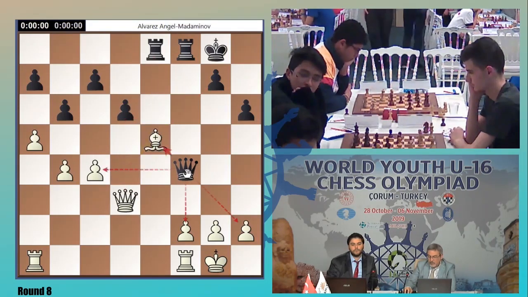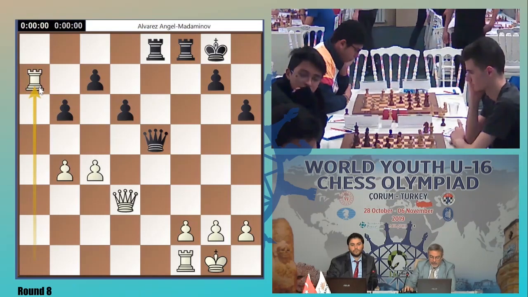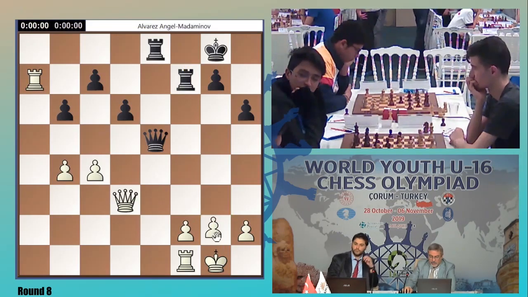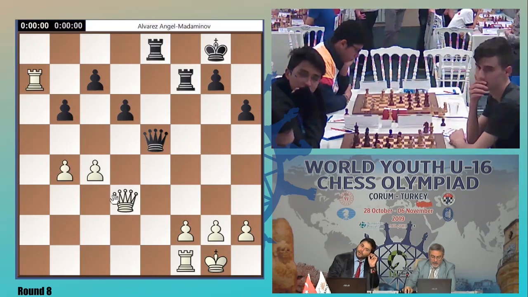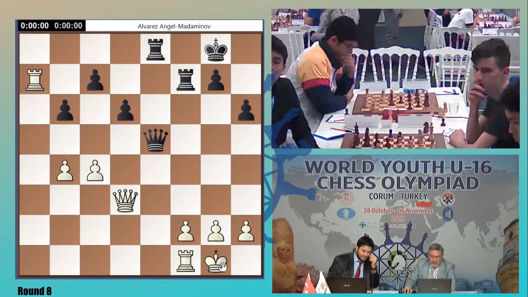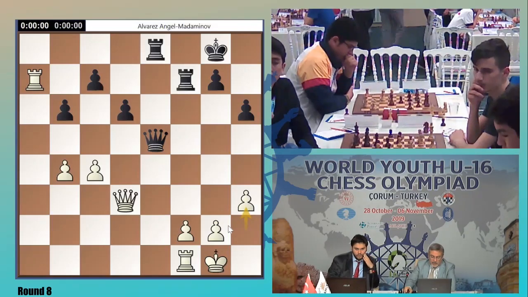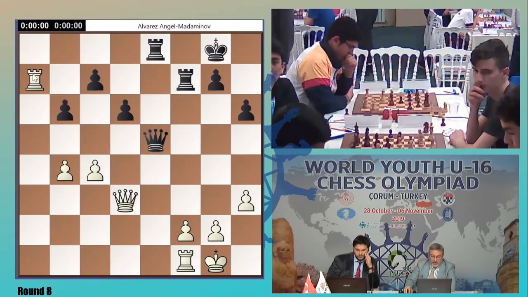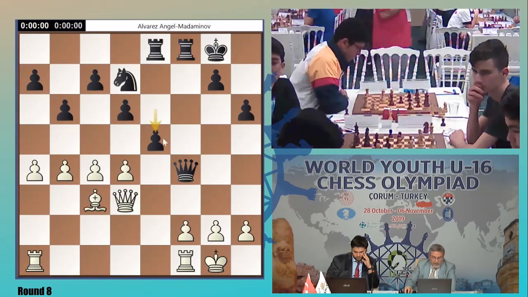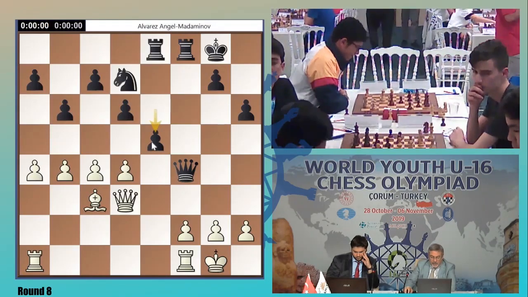Well, this is totally equal. Looks like a takes b, a takes b. Or even maybe I have some initiative with rook. Like rook f7. Rook f7, you protect, of course. And I will double the rooks. Looks equal. I will have g3 or h3. And you need to play something, b5 maybe, but this looks not equal right now. Yeah, this looks equal. This position after h3 or g3. Double the rooks. Maybe you don't need to play even rook a7. So probably black has no problems, as you pointed out, after e5,